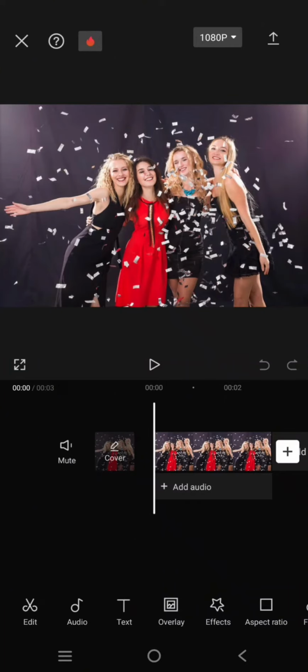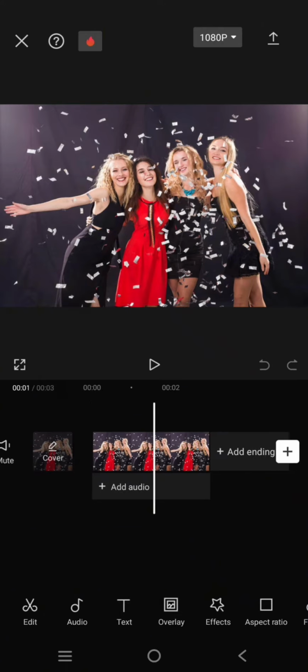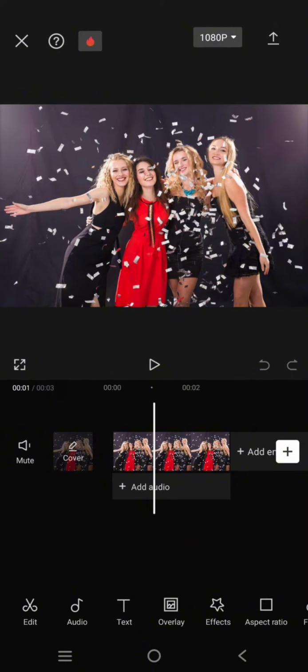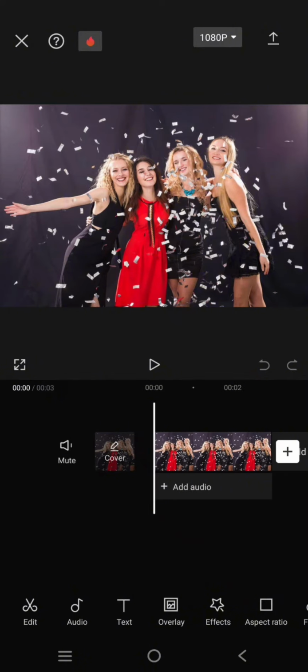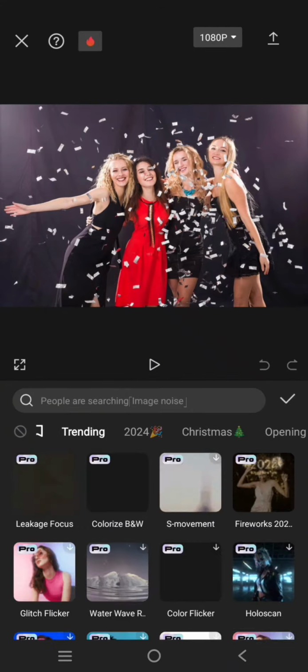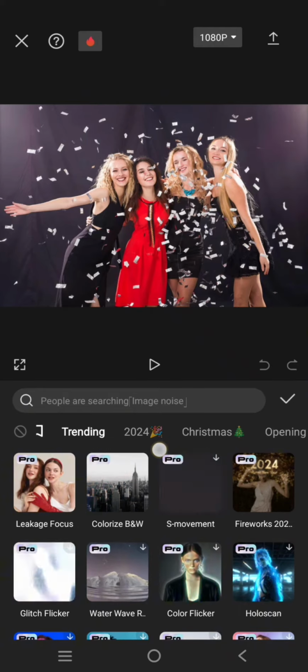On today's tutorial, I'm gonna show you how you can add the 2024 New Year firework effect to your clips in CapCut. So in here, you just need to add a clip or maybe a photo, and after that, go straight to the effect on the CapCut. Click on the video effect,